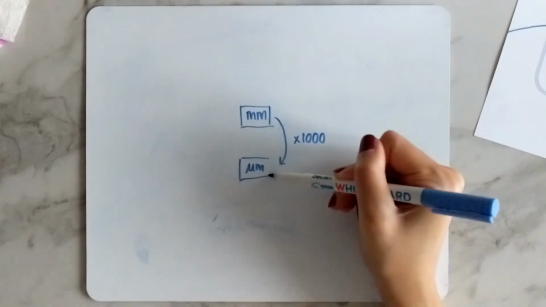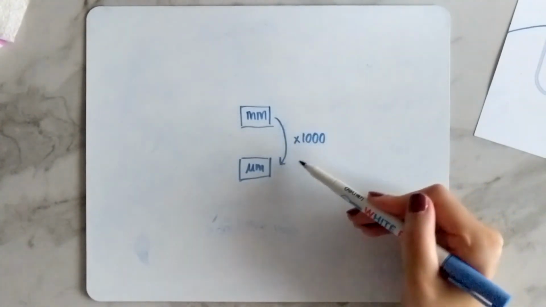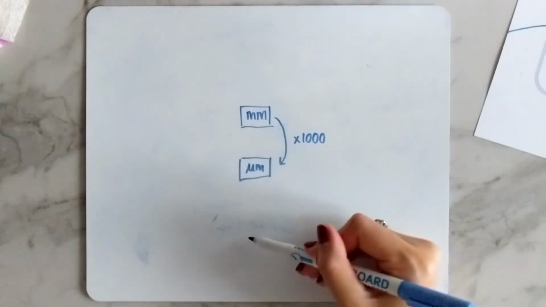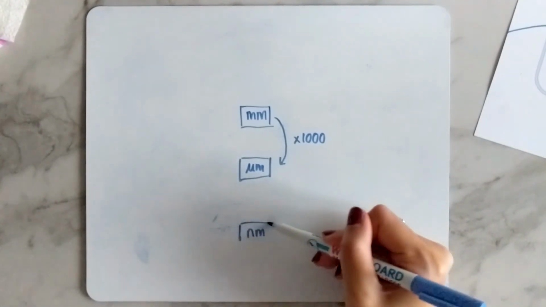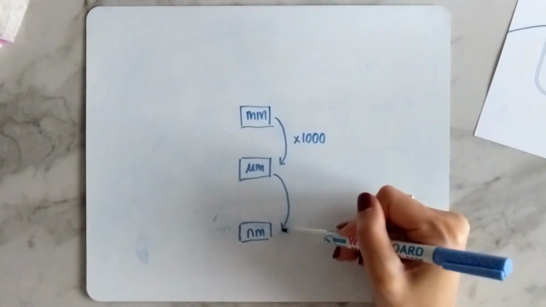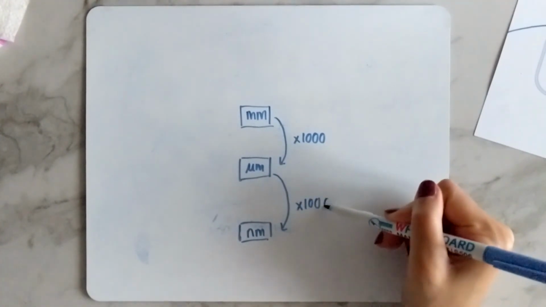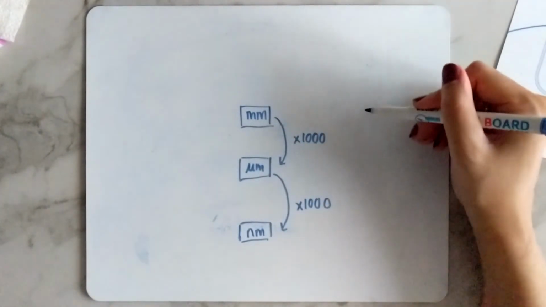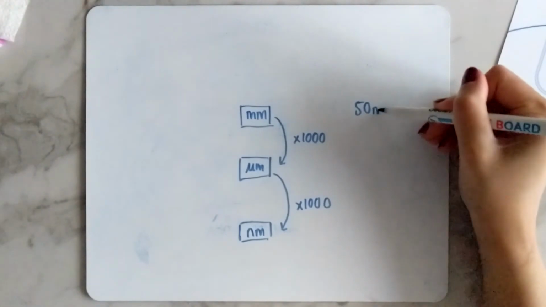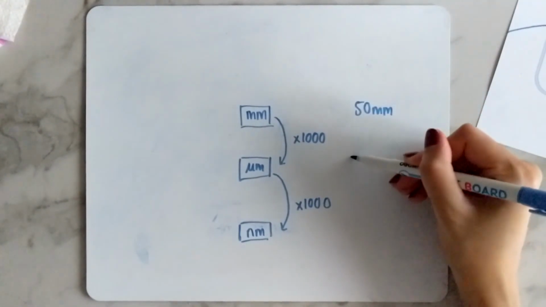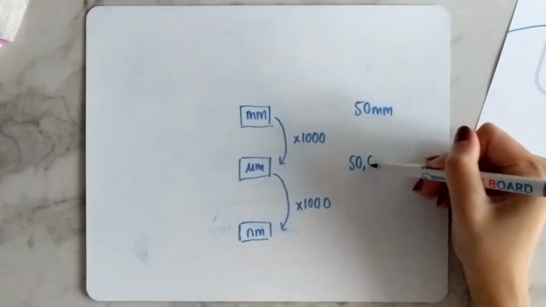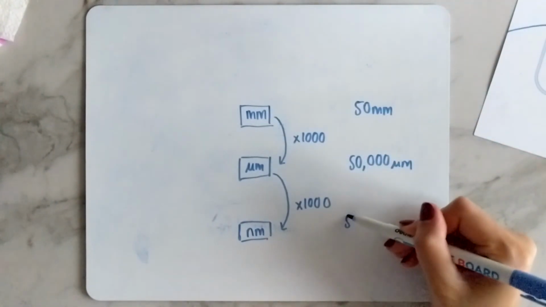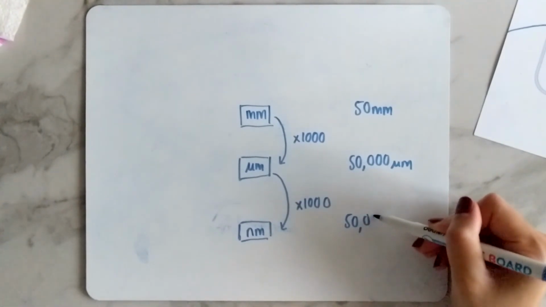So millimeters times by 1,000 puts the units into micrometers. Again, if you want to go from micrometers to nanometers, you times by 1,000. So you're getting more each time. So if I had 50 millimeters, that converted into micrometers is 50,000. And then again, 3,